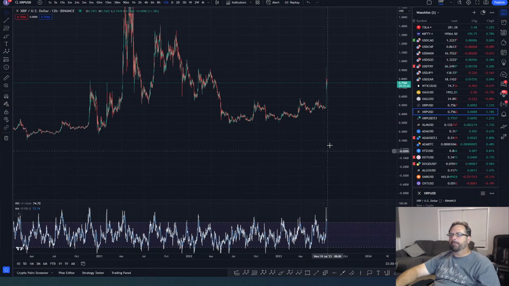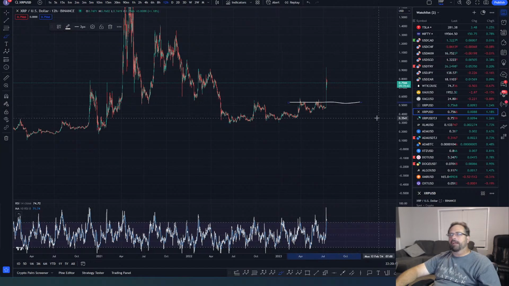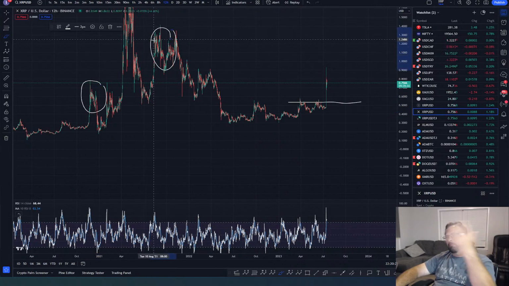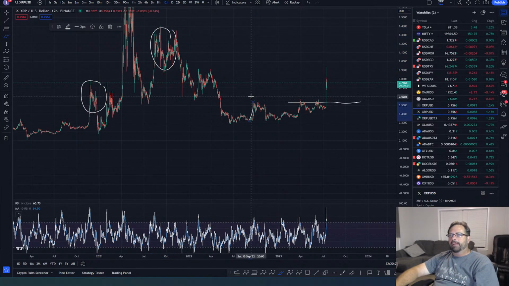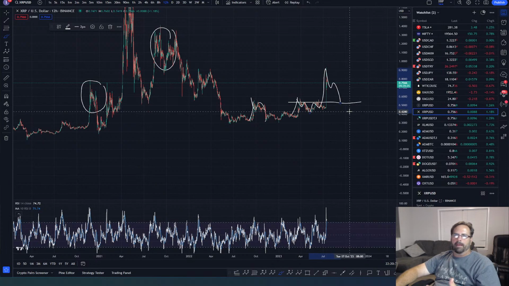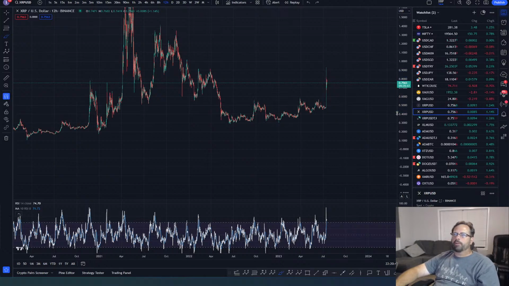That's the way I'm looking at XRP. More than likely, guys, we're going to be retesting this breakout zone. This is coming back down. Now, how's it going to come back? Just look at the ways XRP has acted in the past. We get a breakout and then we come back down. We got that breakout, we came back down. We got this breakout, more than likely going to come back down. That's the way this thing moves. So that's the way I'm looking at XRP, guys.